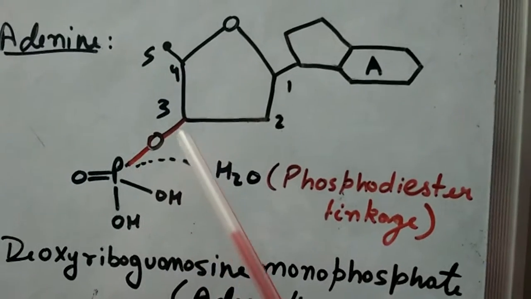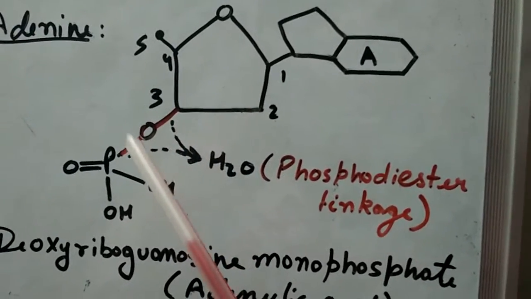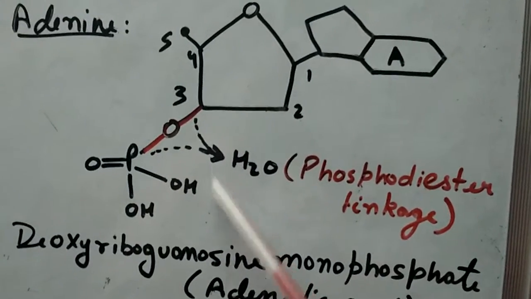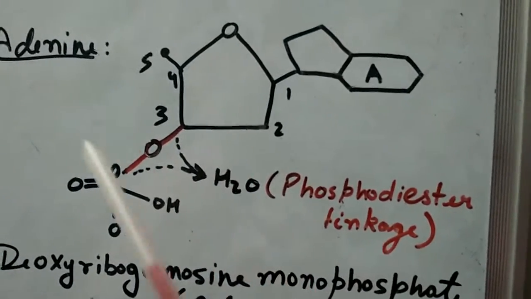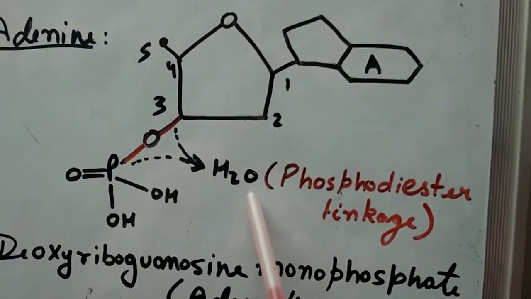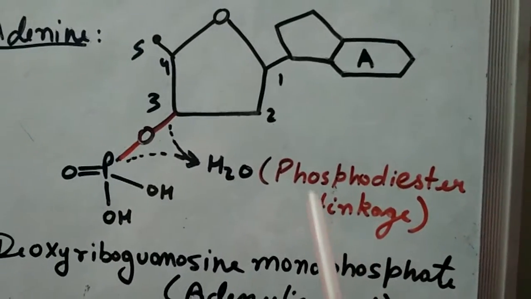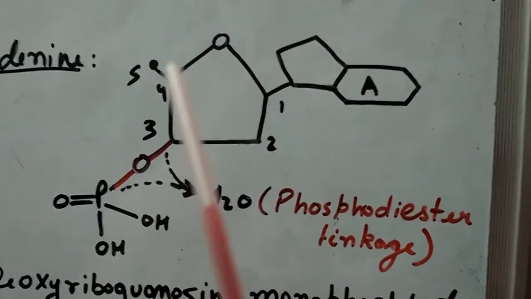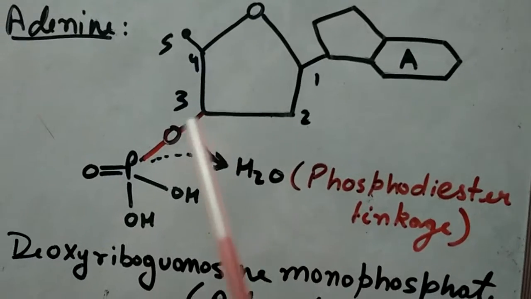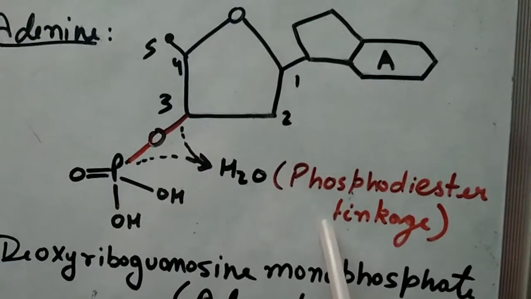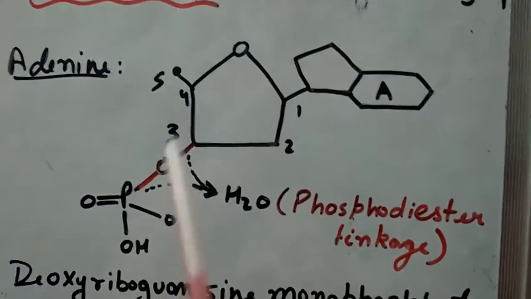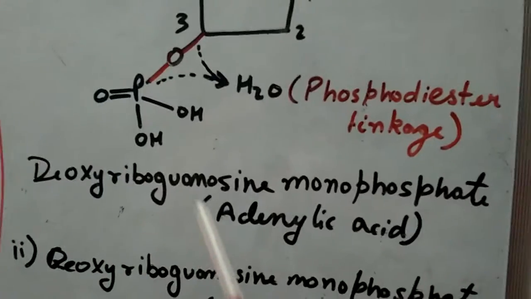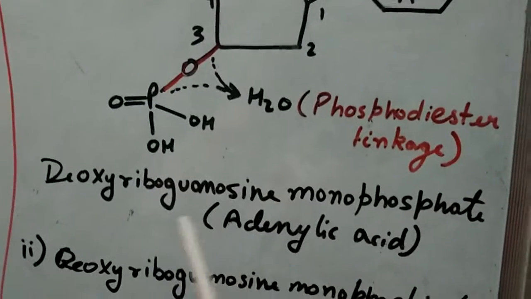This red line here is the phosphodiester linkage, and it is formed by elimination of a water molecule, as I have shown here. One water molecule is eliminated during the formation of the phosphodiester linkage. So on carbon number 3 of the sugar we have the phosphate group, which forms the phosphodiester linkage. This overall structure is the nucleotide for adenine, and we will name this nucleotide like this: